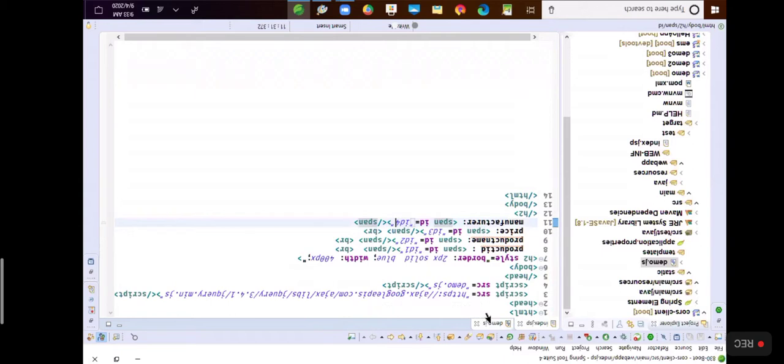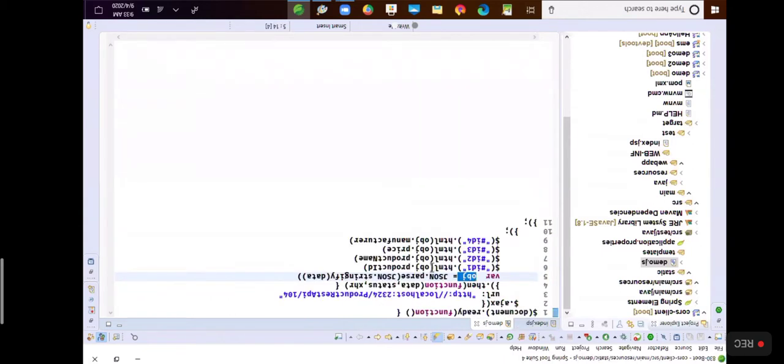So now I would like to set the value of the product ID to span ID 1, product name in span ID 2, then price in ID 3, and manufacturer in ID 4.